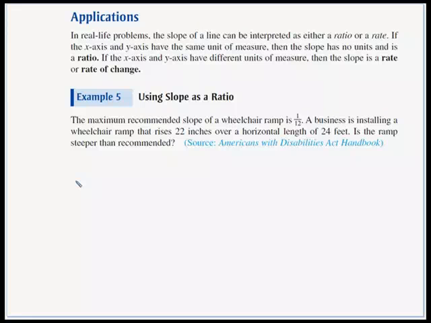Alrighty. Applications. In real life problems, the slope of a line can be interpreted either as a ratio or a rate. If the x and y axes have the same unit of measure, then the slope has no units, and it is just a ratio, a comparison of two numbers. If the x and y axes have different units of measure, then the slope is a rate of change, or a rate. And here's an example for maybe